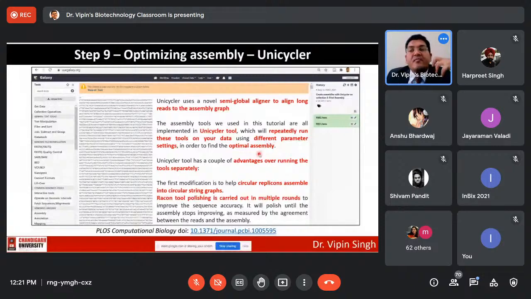So that is why Unicycler is the preferred tool now, because it can automatically do all the optimization for you to find the best assembly possible. The Unicycler tool has a couple of advantages over running the tools separately. First, the modification to help circular replicon assembly. Basically, instead of running the tools separately, you can run it here and it optimizes very well for picking up the most optimal